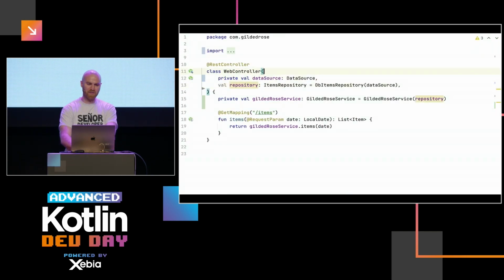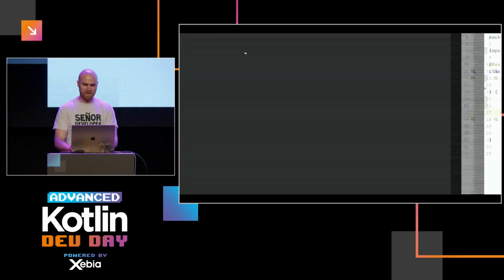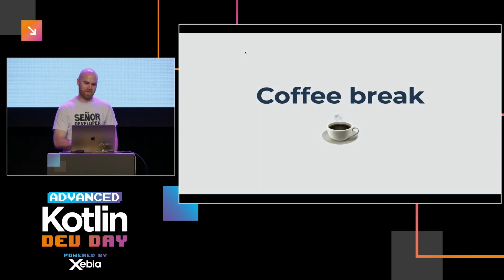And even if we could construct this web controller, it won't help us too much because it has these annotations. Spring will create code based on these annotations, but if we just create this class, we won't do anything with these annotations. So it's not going to help us create a web server. And this is a bit like a dead end. So sometimes I think it's a good idea to walk away from problems to let yourself think about them.